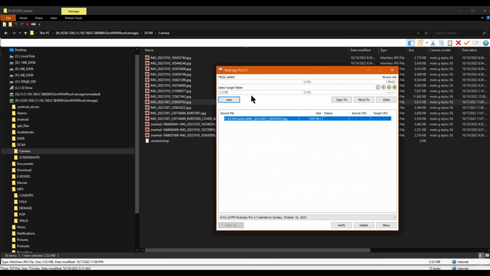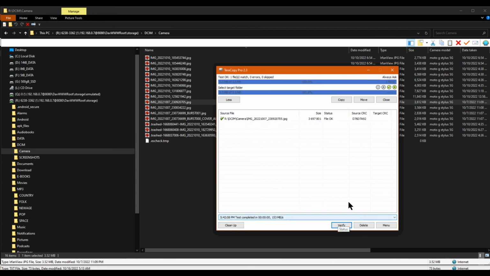Well, take my word for it. Oh, wait a minute. Verify. Ah, there we go. That's how we do it. You see here that it's calculated this CRC checksum D76D7A92. If I were to then copy this file, which would be, again, coming from my cell phone, because that's the directory we're in, to some folder elsewhere on my Windows PC,